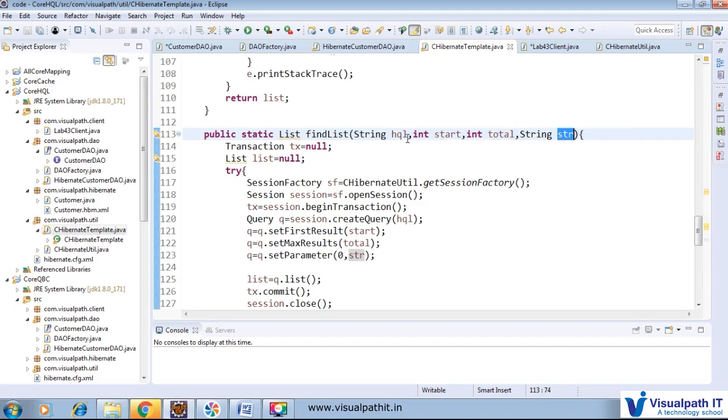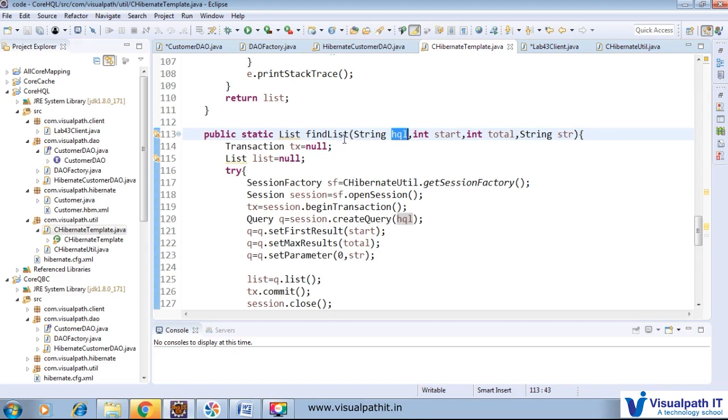So whenever we can pass some SQL like from where CT equal to something, or we can pass something like card is active or not active. We'll pass from customer C where C dot card status equal to some active or non-active value, and start value equal to 0 and total value equal to 100 or 200, however much data we want to fetch.